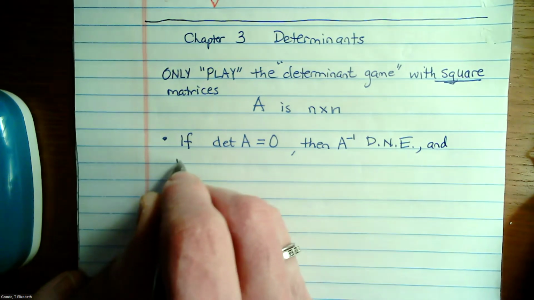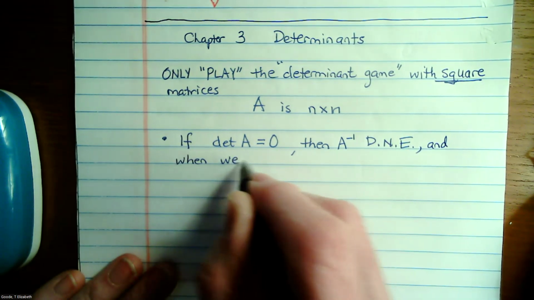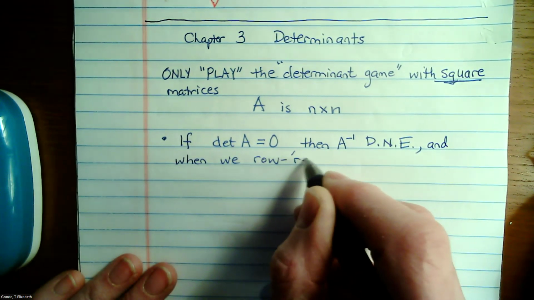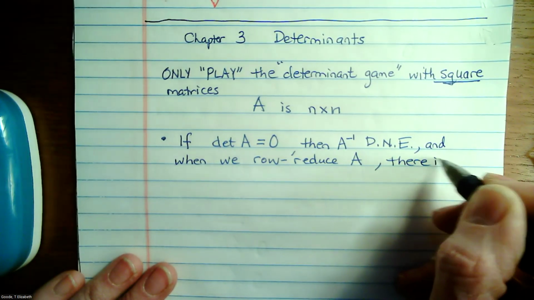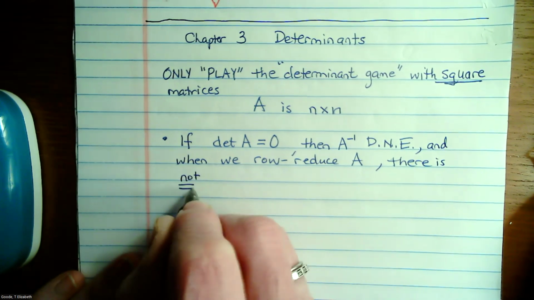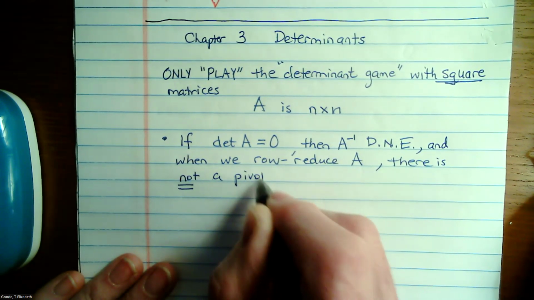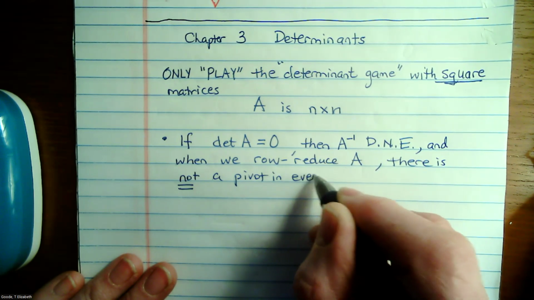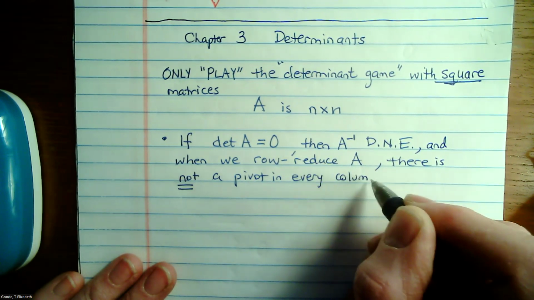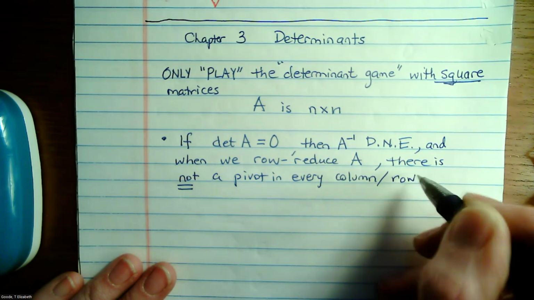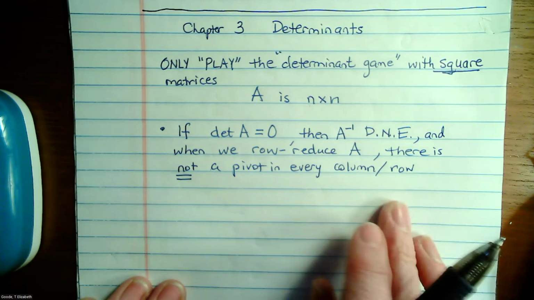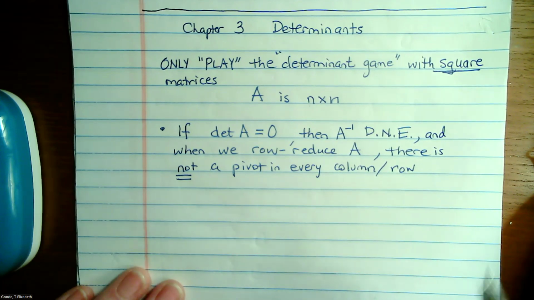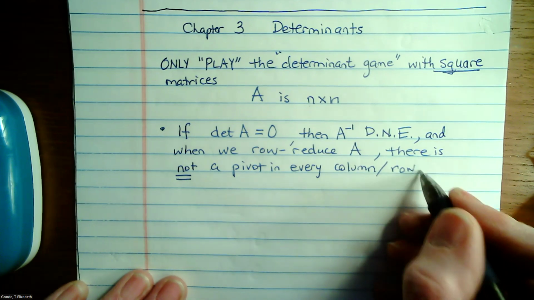And when we row reduce A, there is not a pivot in every column, but that's the same thing as saying row here because it's square and has the same number of columns as rows. So if there's not a pivot in every column, there's not a pivot in every row. And so just tying this back into things that we learned earlier,